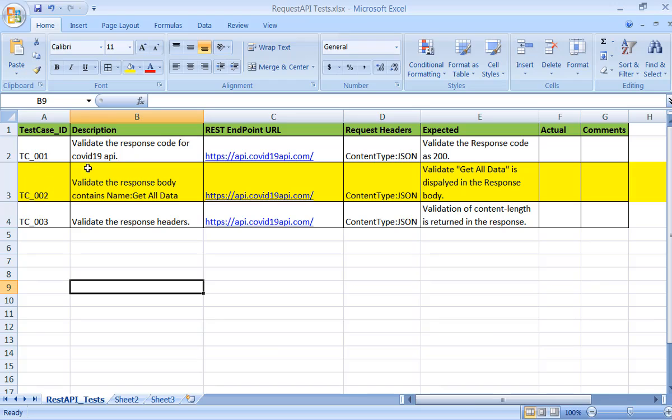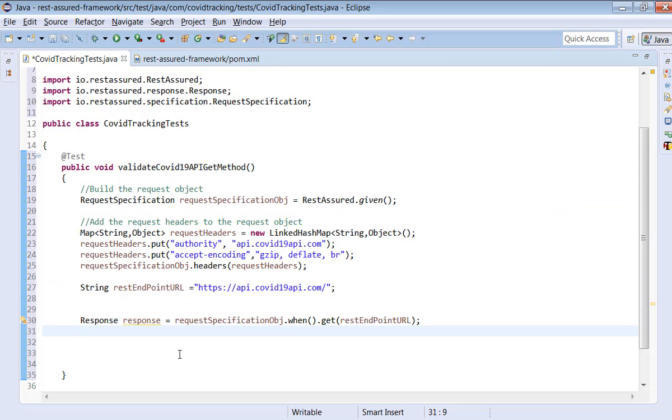And as per our test cases, we have to validate the response code, response body, and response headers. Right now, let's try to write the test case, or else let's try to validate the response code.